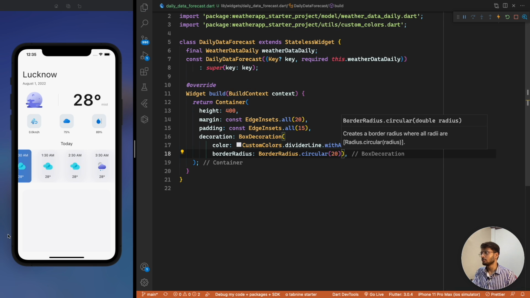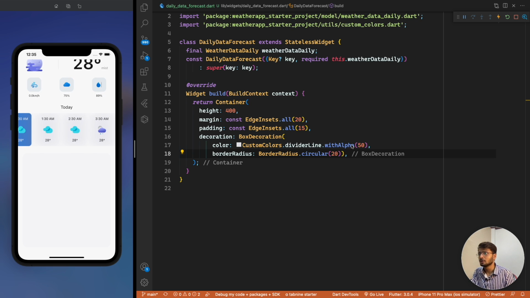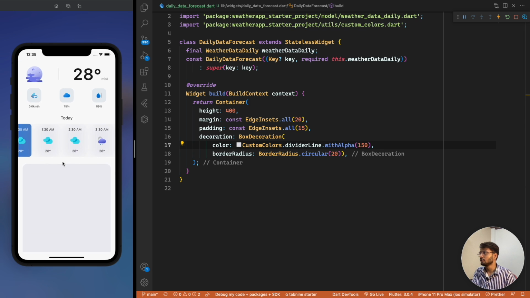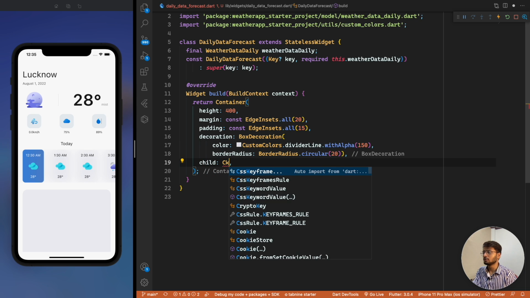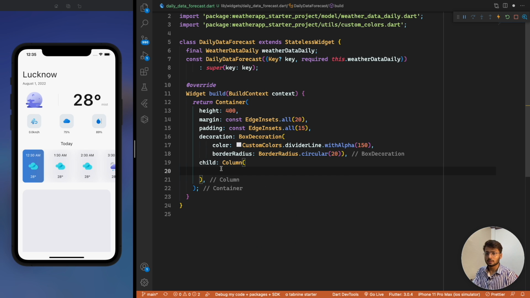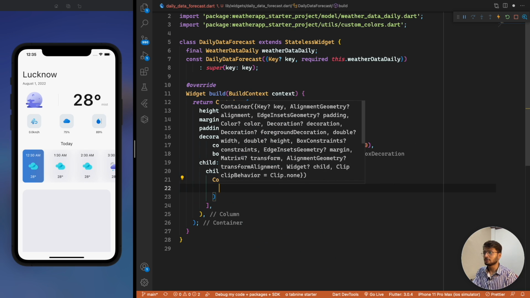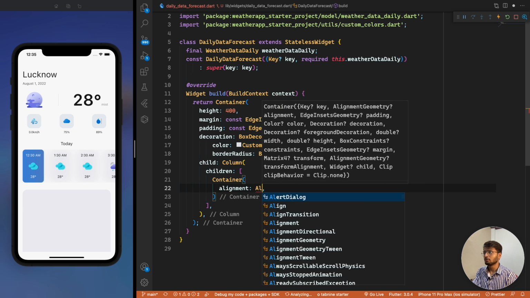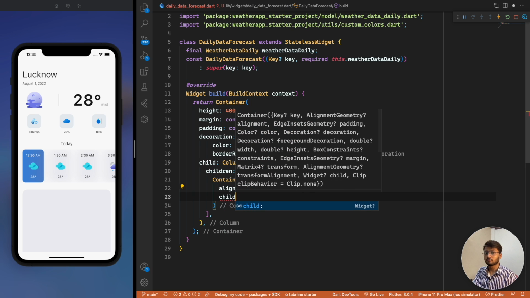Click on save. It is not showing us the value here, or rather it is showing us the value. If you see, we can change the alpha value to 150. Okay, so this looks perfect now. Now what you need to do is you have to create a child which will be our column, and inside our column we will create the children which will be our first container in which we will have the next week. Alignment can be top left, and then we can create the child as